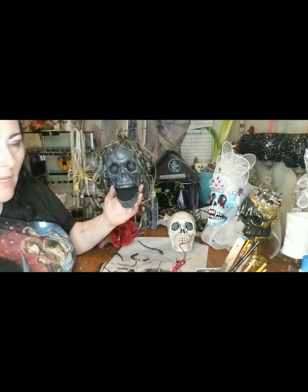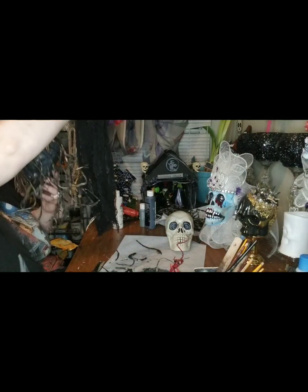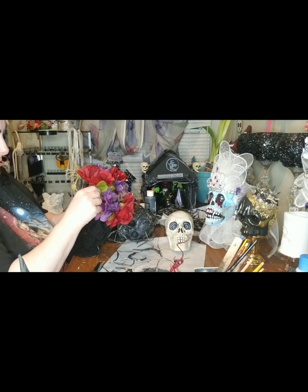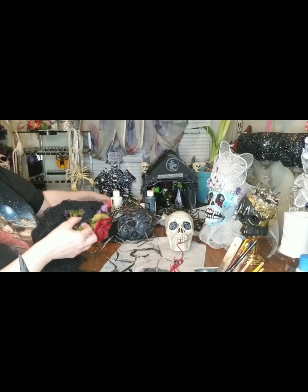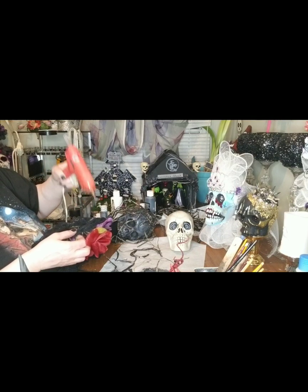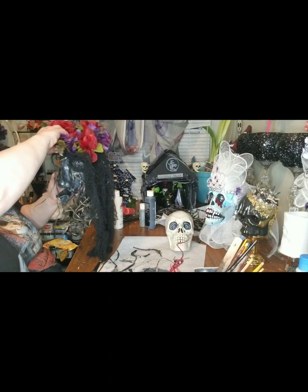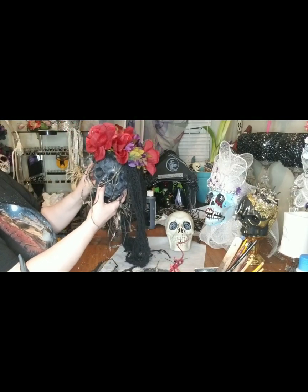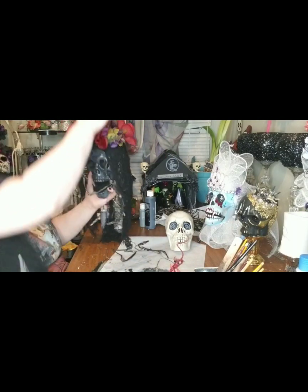Okay, so here's mine. I got it done. And then what you're going to do is take your opening here from your little crown that you made, and open the head up. You're going to try not to knock your flowers off like I just did, and your leaves. You're going to open this up and put a little bit of glue on it. I'm just going to do like 3 little dots, 1 on each side and 1 in the back. And then you're going to figure out where you want this placed, how far down you want it to sit. And then once you have it where you want it, okay,